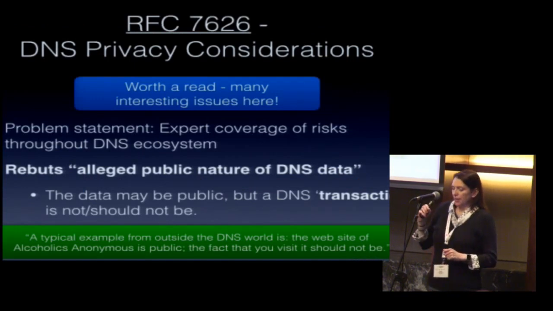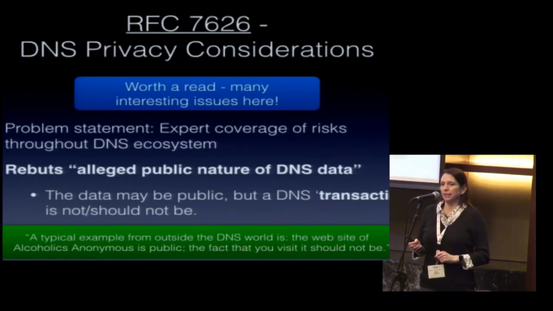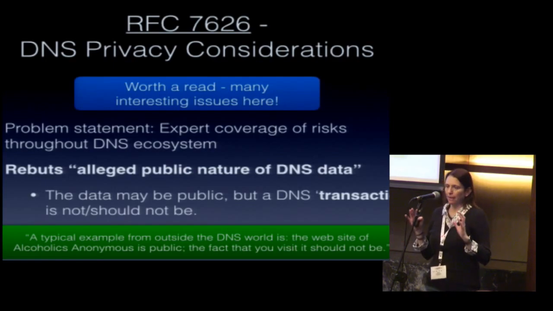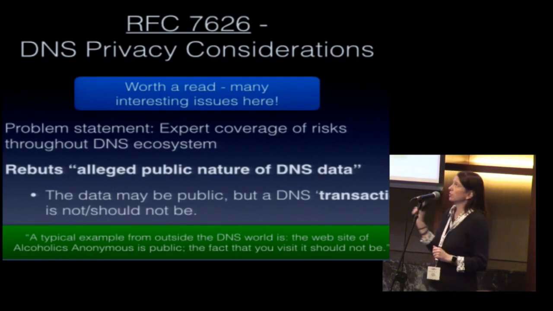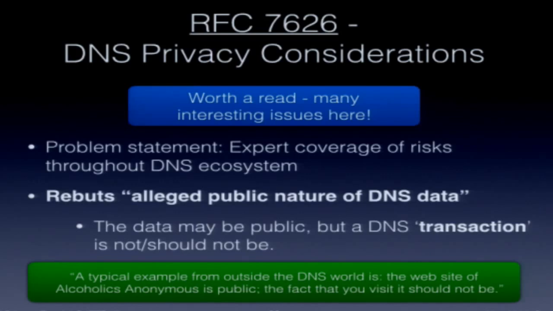So the first thing that the working group did is it decided to enumerate the problem space, and it produced RFC 7626. Now, this is a highly recommended read. It basically goes through the kind of situations that I talked about in the first part of the discussion here today, but in much more detail, and it also goes through other cases of leakage. So that's really worth looking at to understand the details of what's going on.